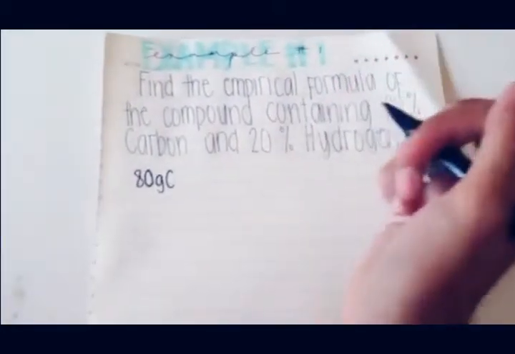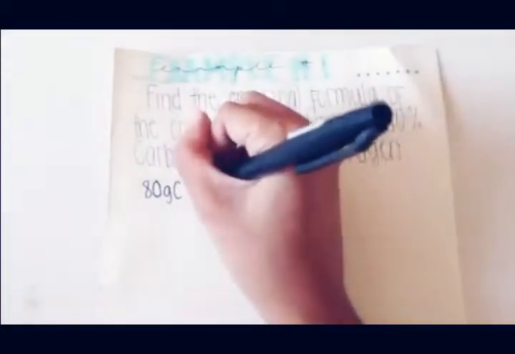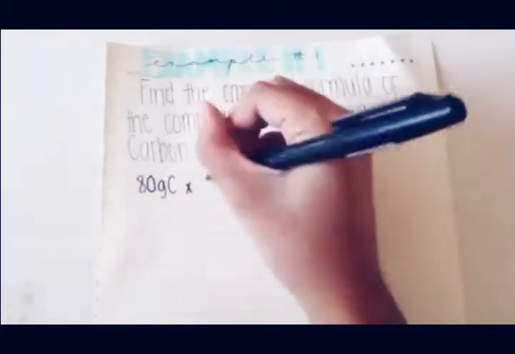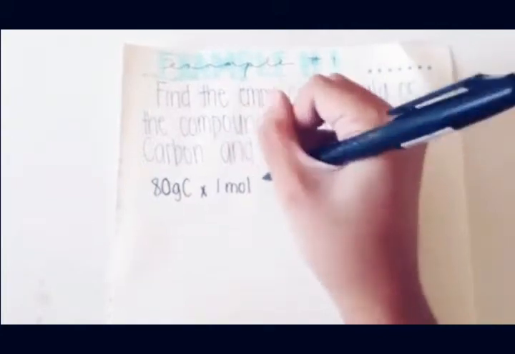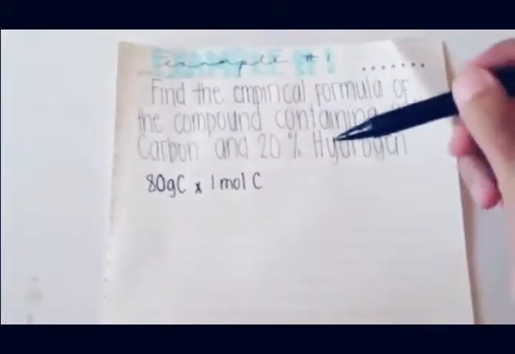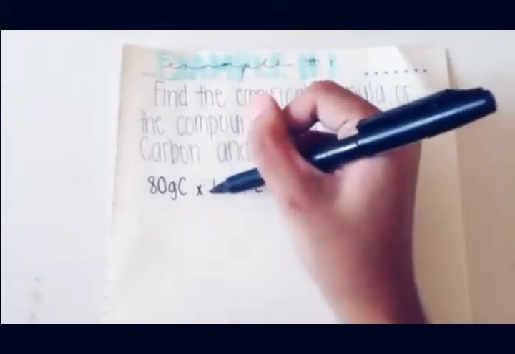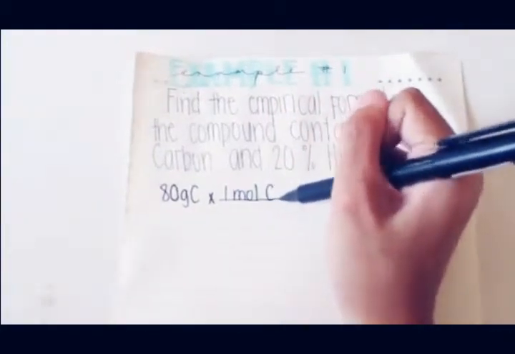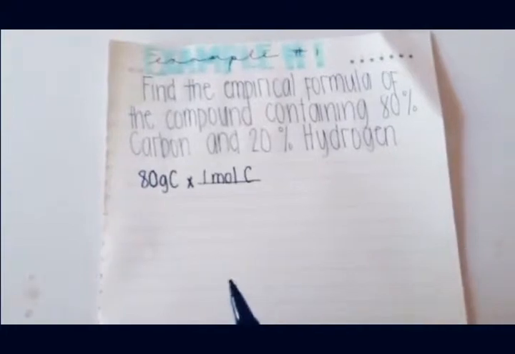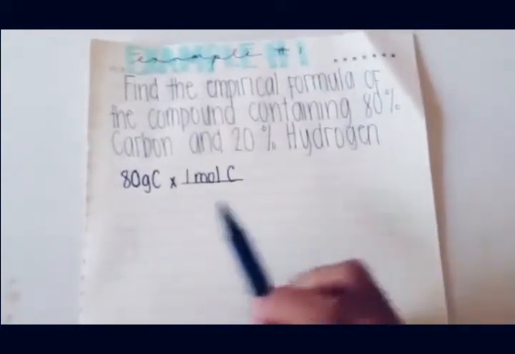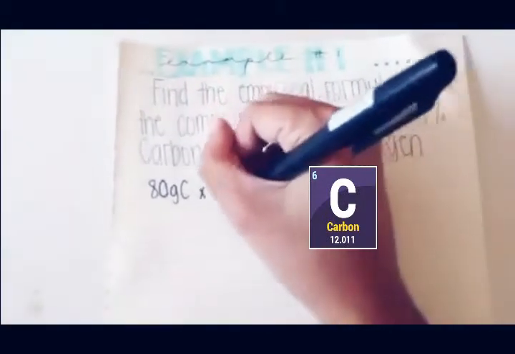And after that, we have to times it by 1 mole carbon. After that, we have to divide it by carbon's atomic weight. You can find the atomic weight in the periodic table of elements. So the atomic weight of carbon is 12